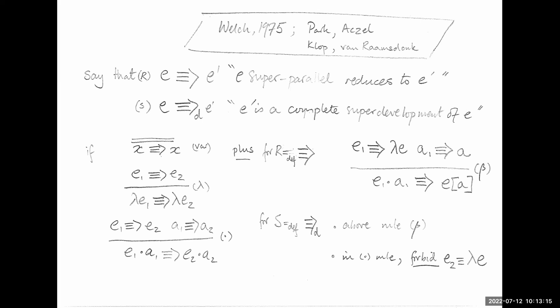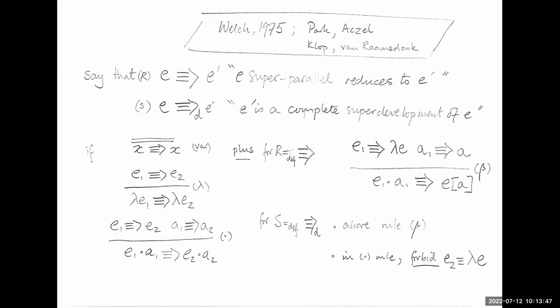What are these relations? Well, I need them to be congruential. So I'm going to have x fat arrow x. If the bodies of lambdas fat arrow, then so do the lambdas, and correspondingly for applications. Okay. And then there are going to be 2 more rules, one for R and one for S. And the R rules, I mean, we're going to need to do some beta. So let's do some beta, but let's do a super amount of beta.